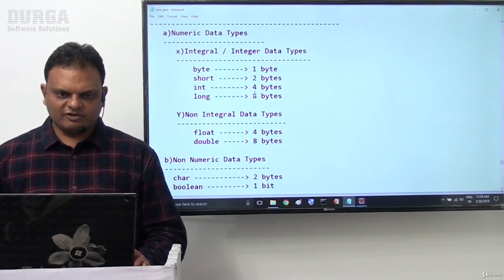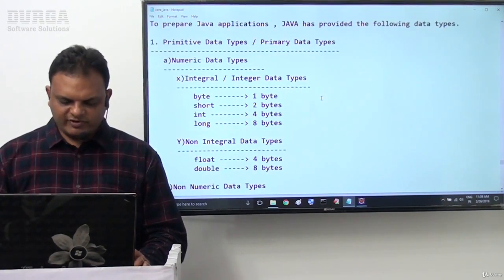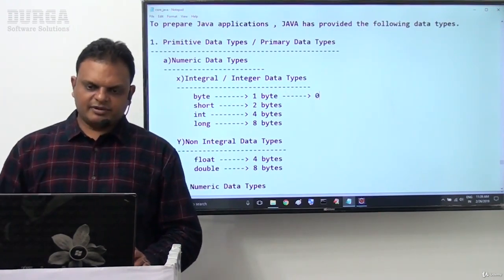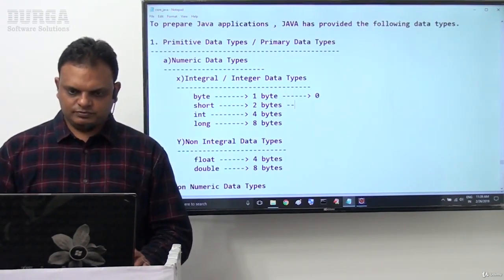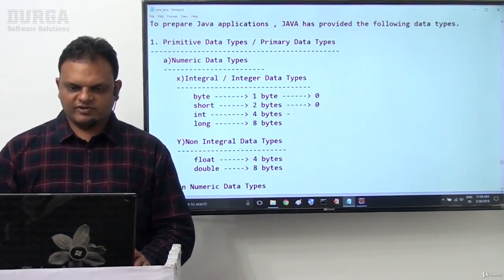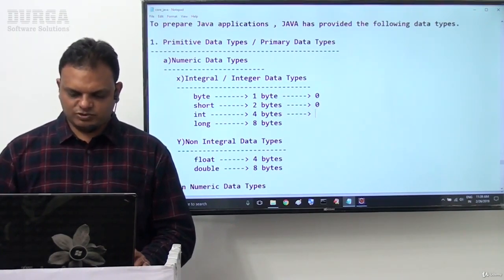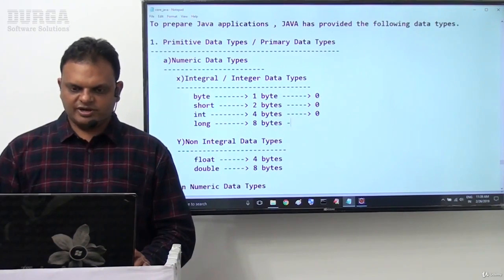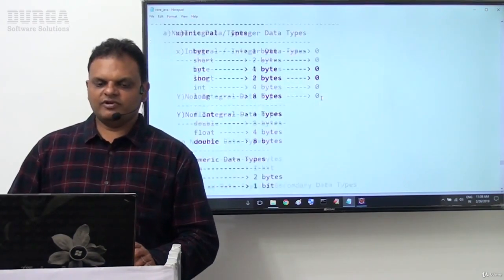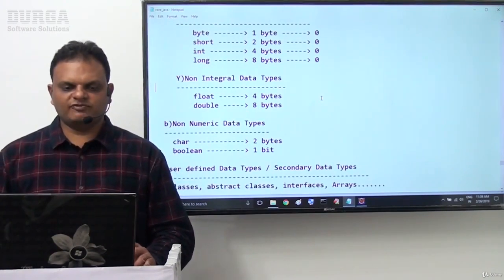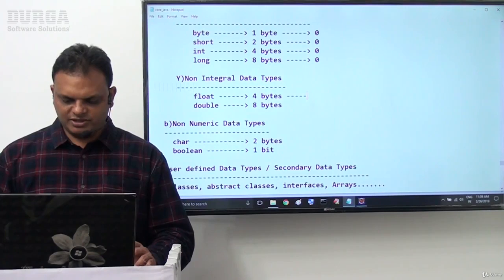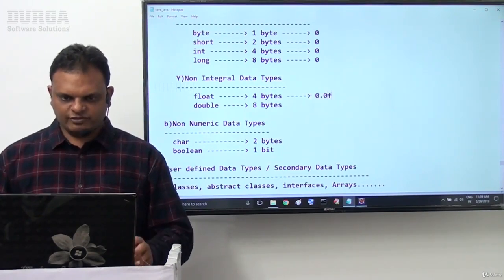Next, what are the default values for each and every data type? You have to identify that. For byte, the default value is 0. For short, 0, for int, 0, and for long, 0. Now for float, the default value is 0.0f, and for double it is 0.0.